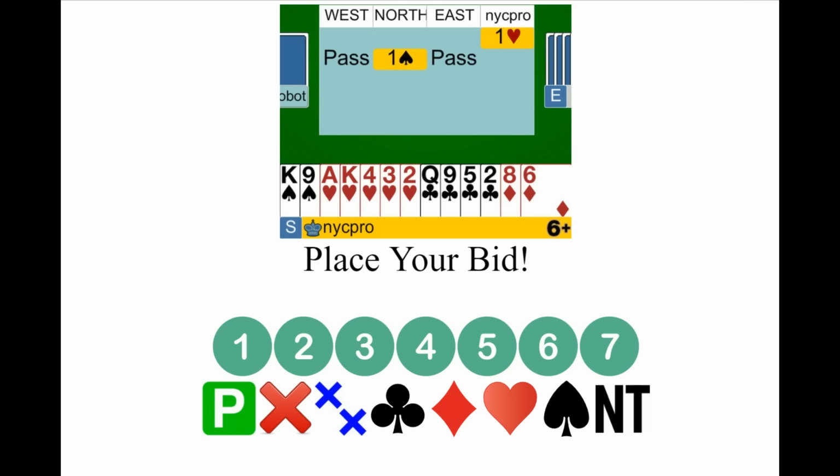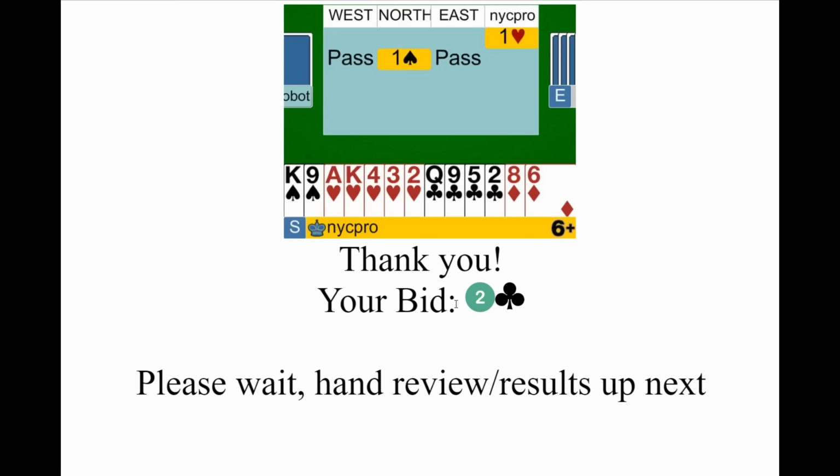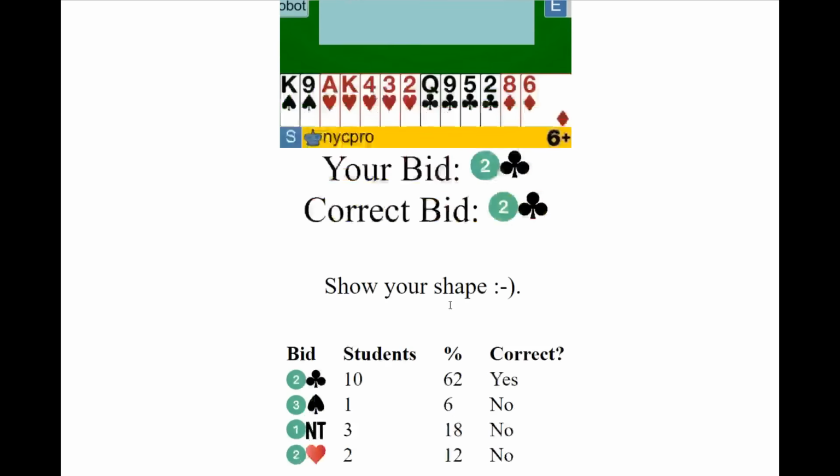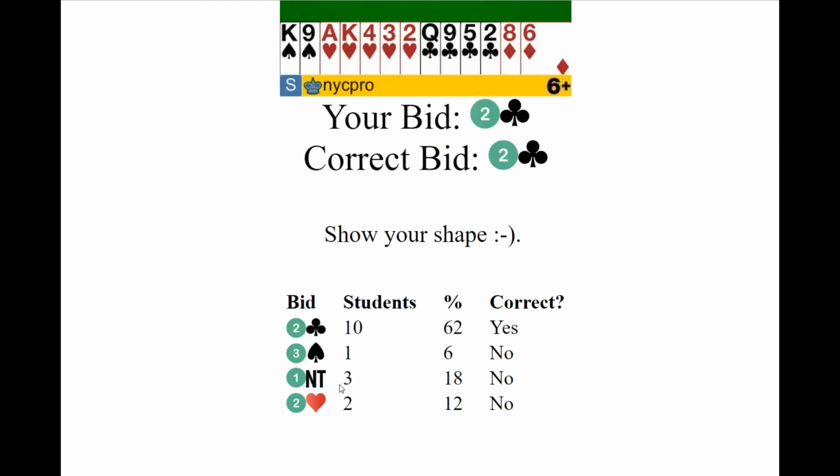All right, I think most of us are in, and the correct bid is two clubs. Once again, the best bid that describes our shape. And I want to talk about some of the other choices that we had. I think three spades is just a misclick. We only have two spades, so we wouldn't want to do that. One no trump